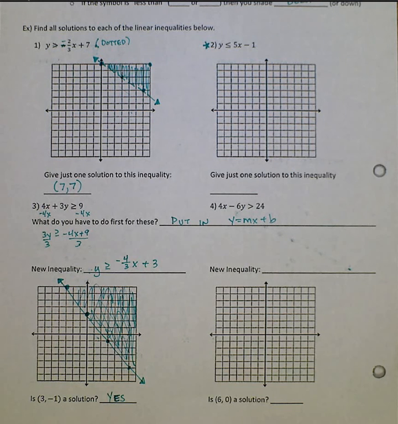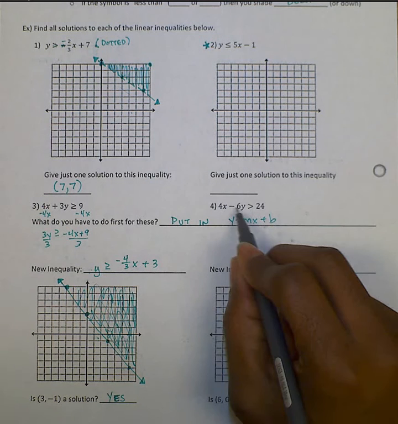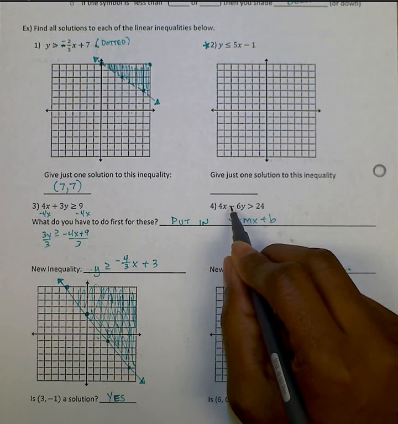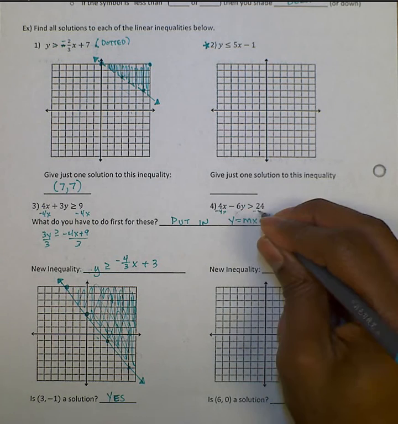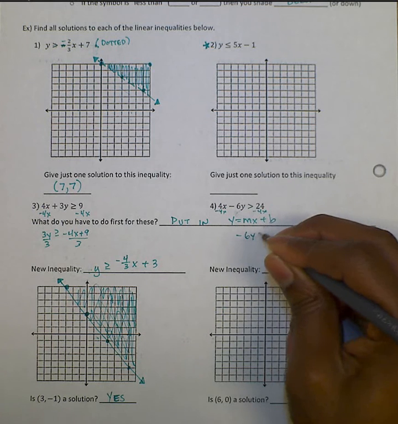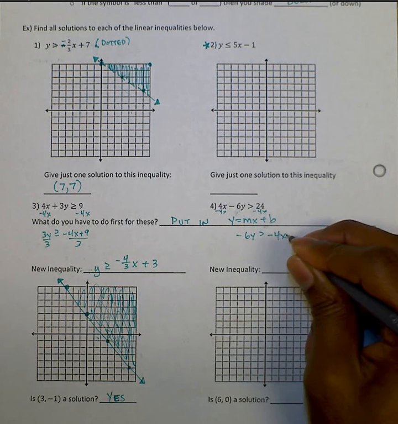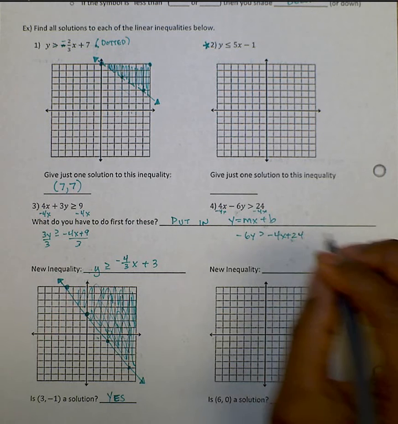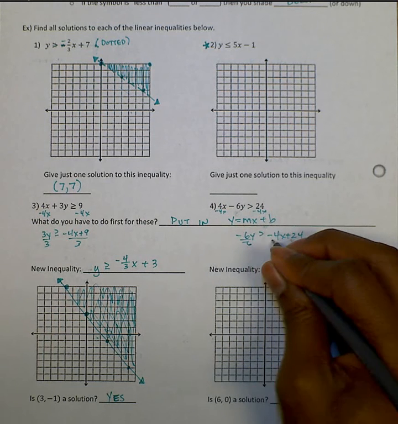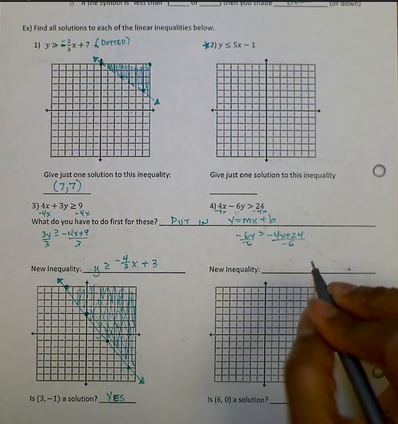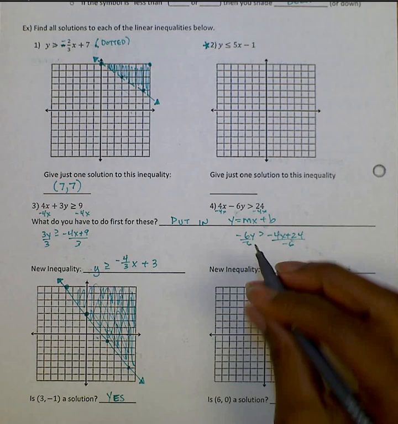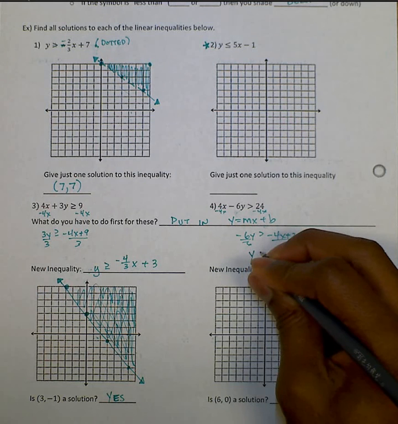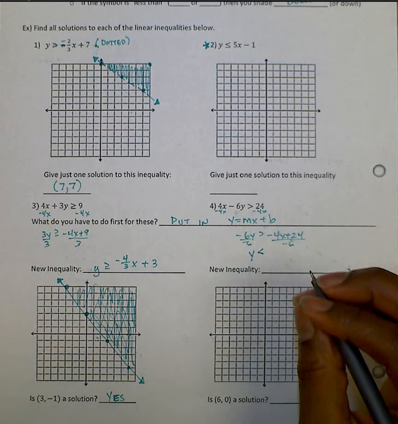Okay. Now we have to do the same thing for the second inequality. 4x minus 6y is greater than 24. So we are going to subtract 4x from both sides. Okay, and we get negative 6y is greater than negative 4x plus 24. To get y by itself, we have to divide by negative 6 on both sides. Remember that with an inequality, when you multiply or divide both sides by a negative number, the sign has to flip. So now instead of being y is greater than, it'll be y is less than